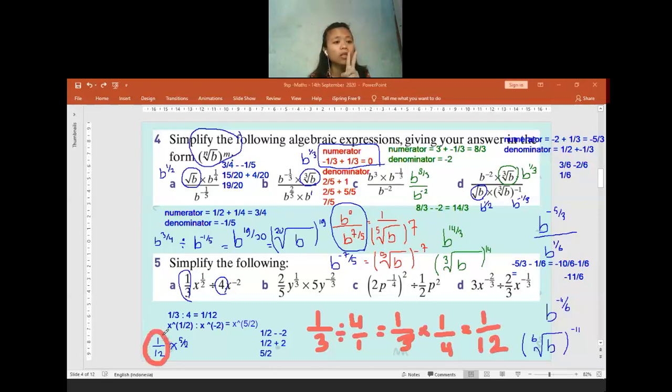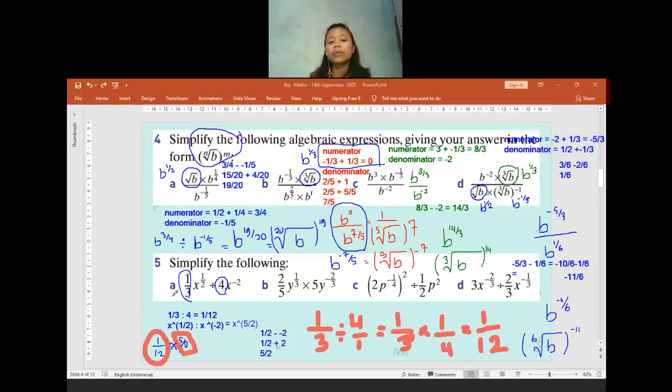Yeah, there are two people who asked a question. So please wait, Srini, I read your questions one by one. So is it clear for those who asked me how to get 1 per 12? Is there anyone having any question? If no question, I will answer for those who asked me about how to get 5 per 2.